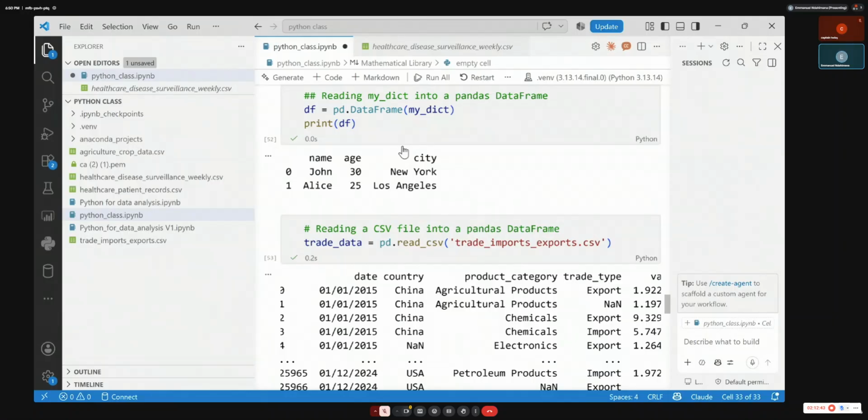We will see that, inshallah. It's simple. So now you can see the head, which is the top, or the tail, which is the bottom, from the very last. And you specify the number of records you need to see.